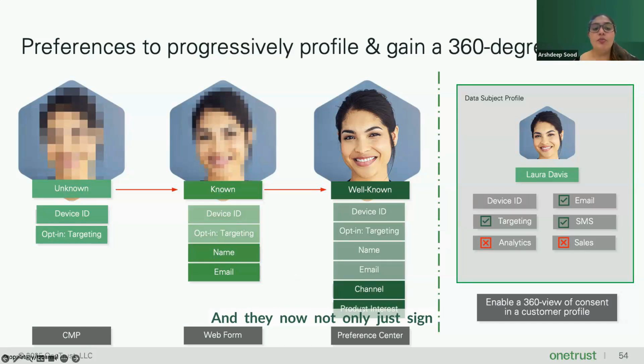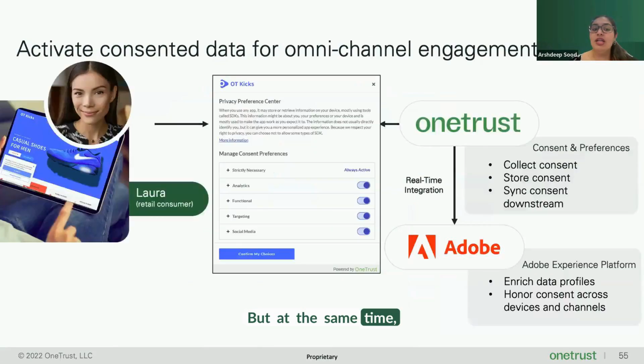And they now not only just sign up for email, but also tell you the products they're interested in and the channel or the frequency of the communications. So what you do is truly build that one holistic consent profile to know how this user operates. The compliance team is happy because you have your due diligence and audit trails in one place. But at the same time, this information that you just gathered can now be activated across those systems, like I mentioned. So if you want to real-time integrate into Adobe Experience Platform or other CDPs, you can do that